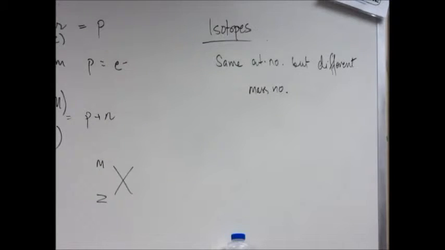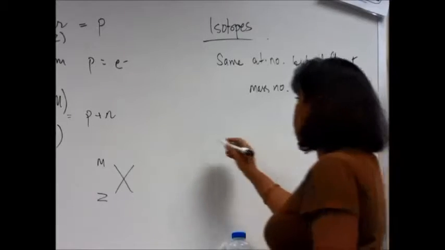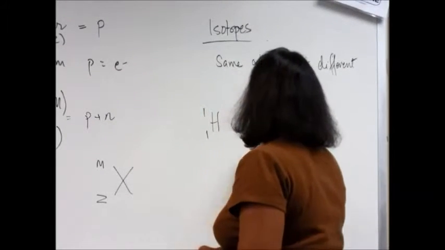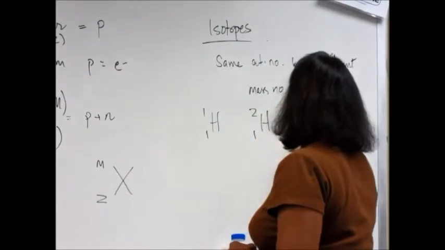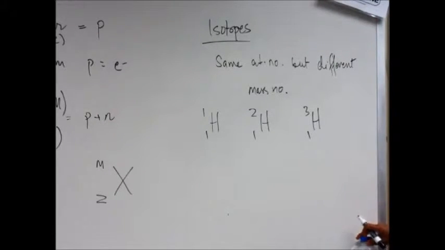Let me give you an example with hydrogen. It has only 1 proton, technically 1 electron. However, look at the mass. It's not exactly 1, which means that something else is going on here. So hydrogen-1, hydrogen-2, and hydrogen-3, which means that it has 3 isotopes. Now let's do the particle study on this one, the number of particles we have.